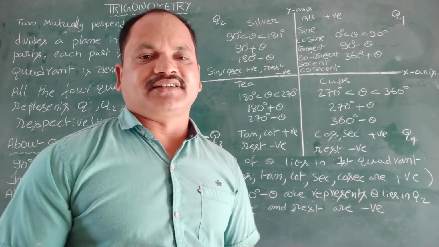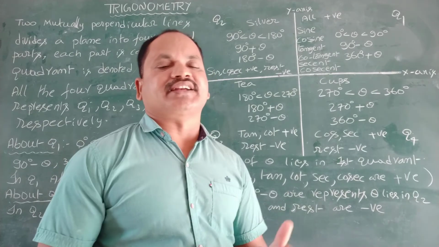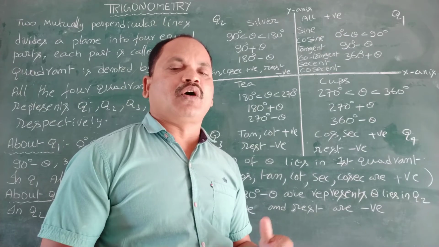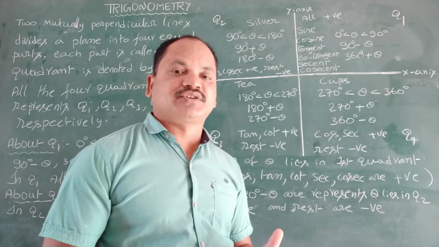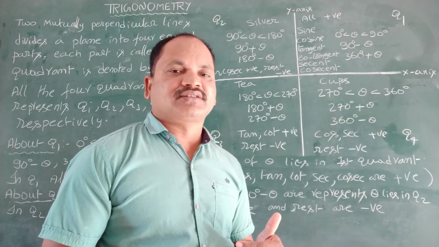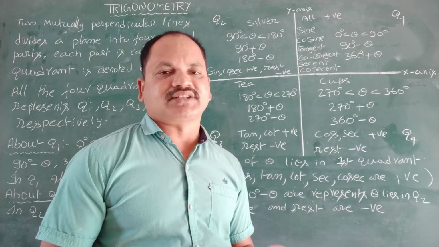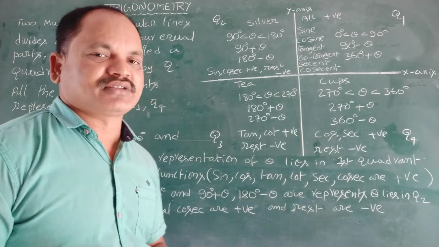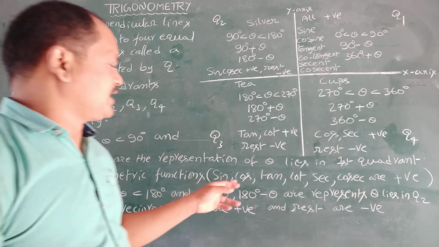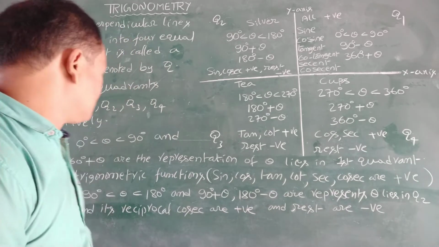That is seek or secant. Just secant. Cosecant is read as COSEC. Cosecant or cosec. Some students say cosec or simply CSC. CSC is also nothing but cosecant. That's all. So these are the trigonometric functions, and you have to read them like that. That's why here sine, cos, tan, cot, secant, cosecant are positive.